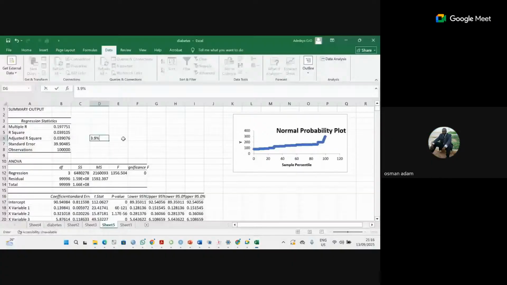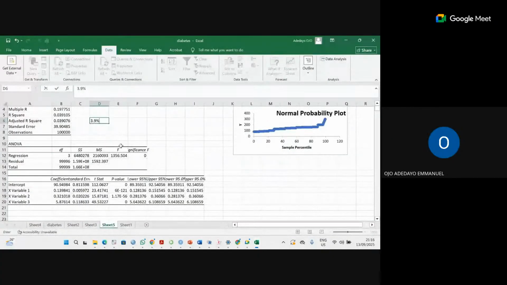Yes. Okay, good. The next one that you are going to see is the ANOVA table. ANOVA table, I'm going to give room for question. Let me interpret everything finished so that I can answer the question once. The ANOVA table that you are seeing here is, please move to